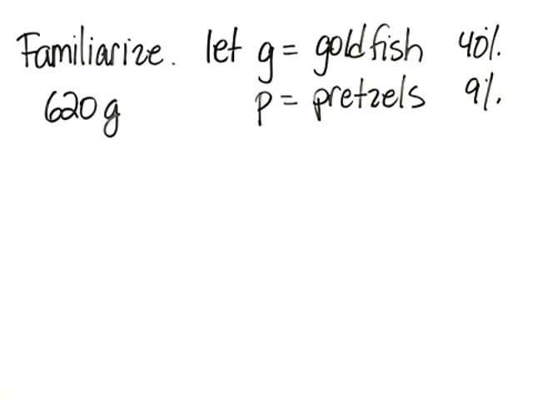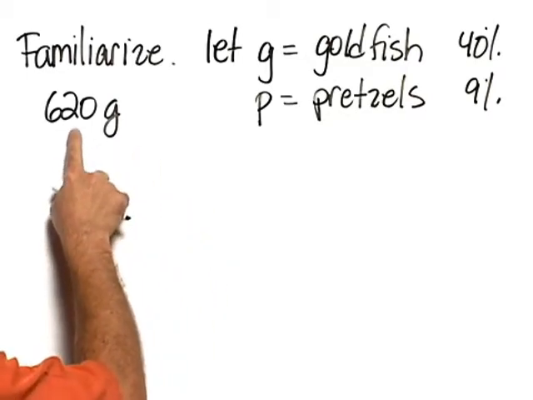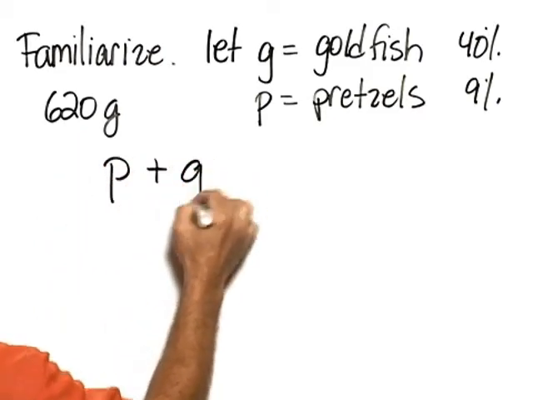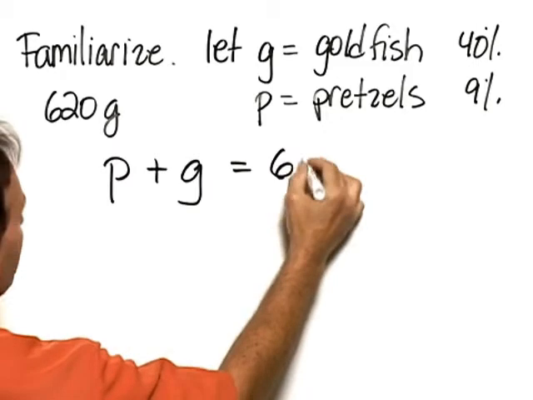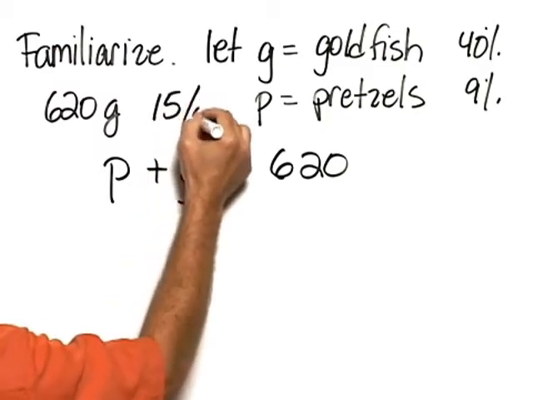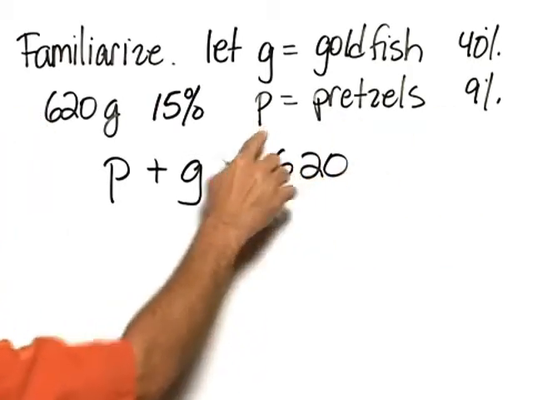Second step in the process is to translate the words into math. Well, what we know is that the total number of grams has to be 620. In other words, P plus G has to equal 620. The other piece of information we have is that the total amount of fat or calories from fat is to be 15%. So therefore, what we have is 9% times P,